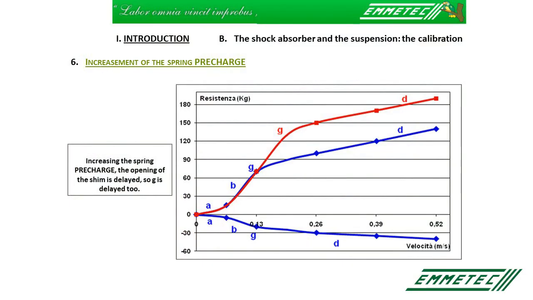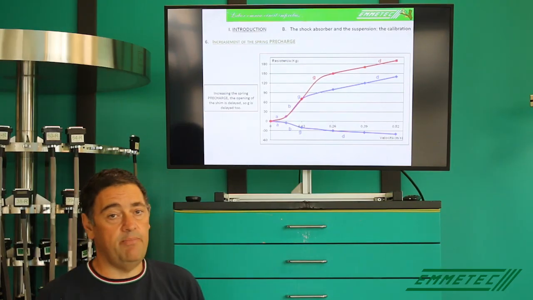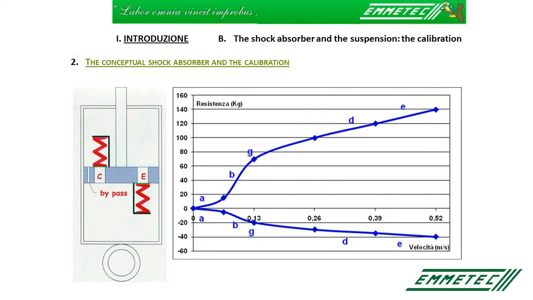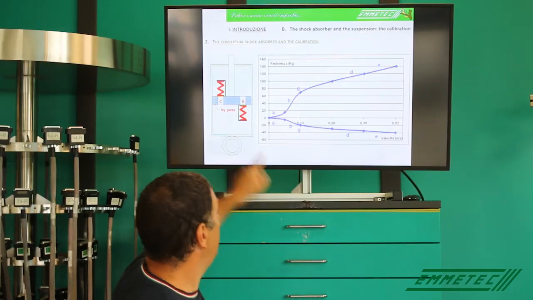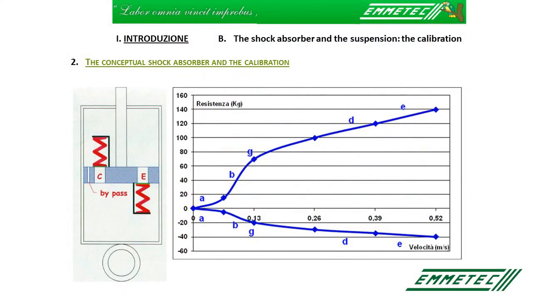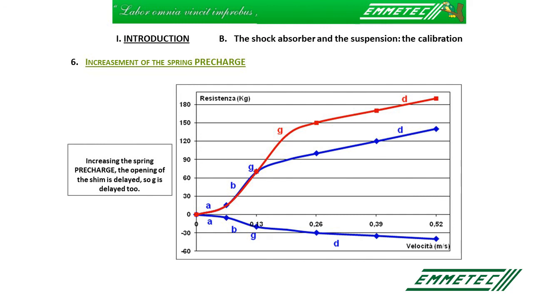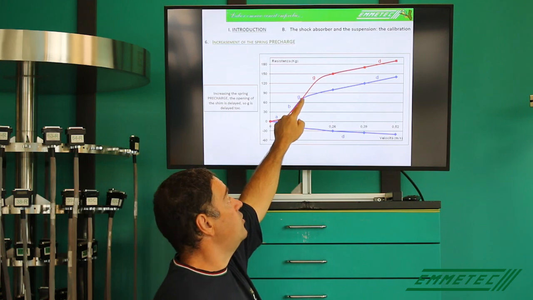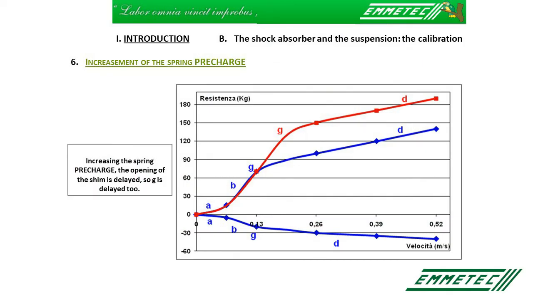Now, suppose that we keep the bypass as it was, okay? Which don't change any bypass. We just change the preload of our spring. Let me return at the beginning. Here we have the spring. Suppose that we don't touch the bypass, we increase the preload of this spring. If we increase the preload of this spring, nothing changed here. But of course, we move the G point